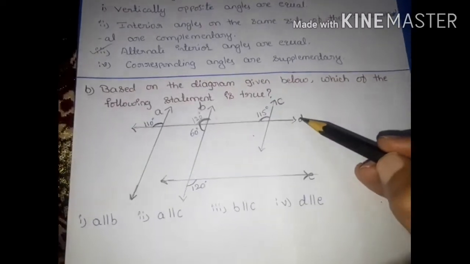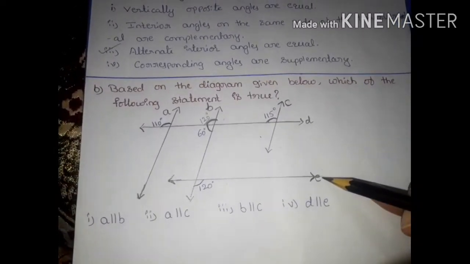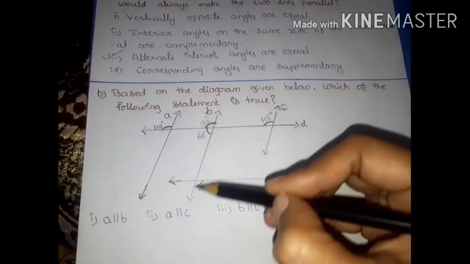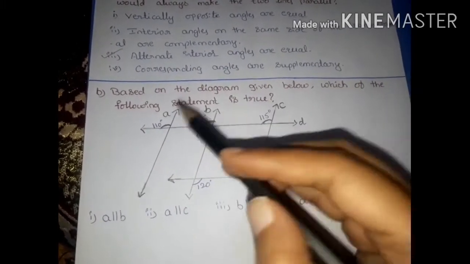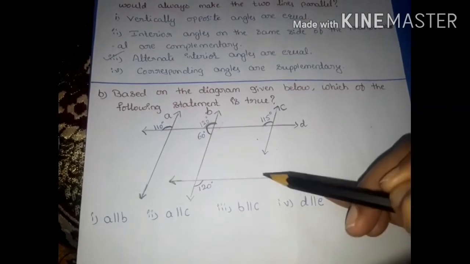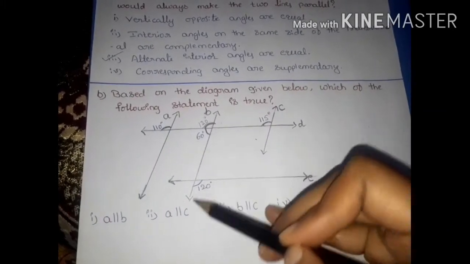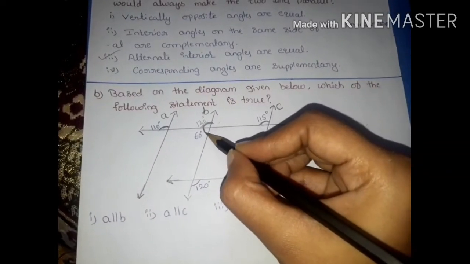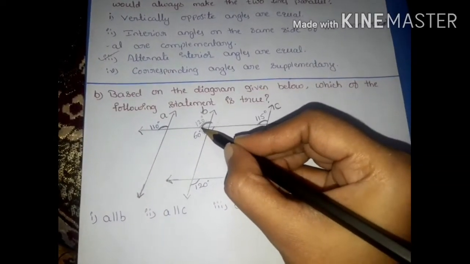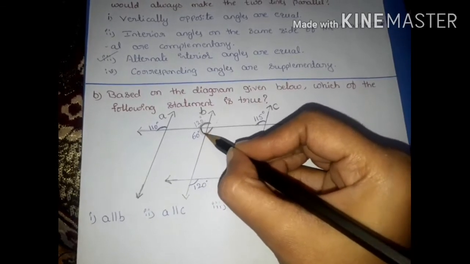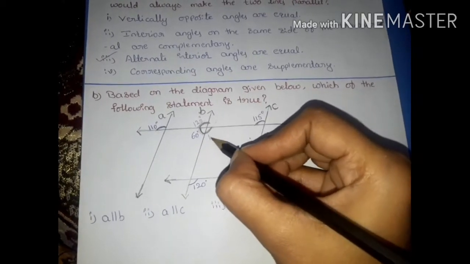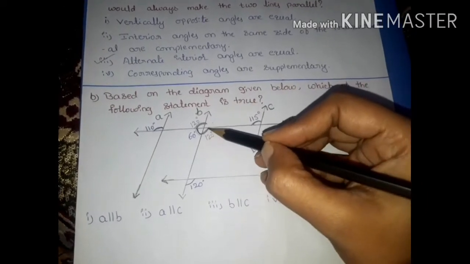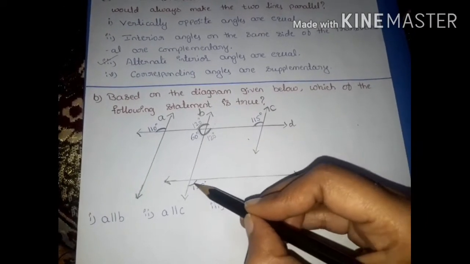Next, last one, D is parallel to E. Now you have to check whether D is parallel to E or not. D parallel to E. This line, B line, acts as a transversal because these two lines are not continued here. Here 60 degrees, and this angle again makes a linear pair. This is 60, which means we can write this as 120 degrees. One is inside, another angle is outside.